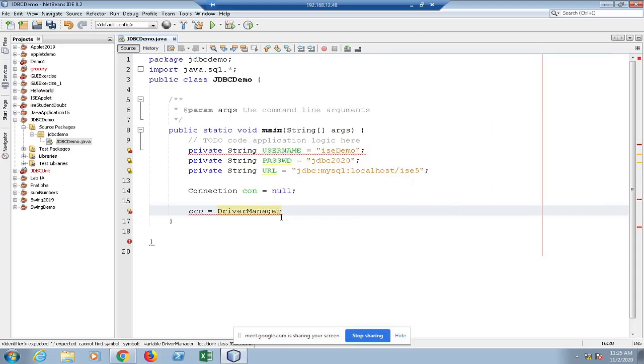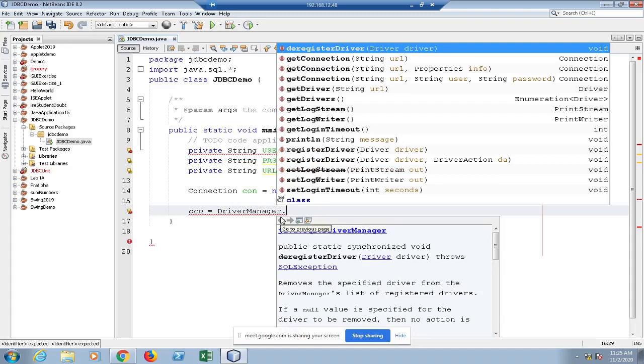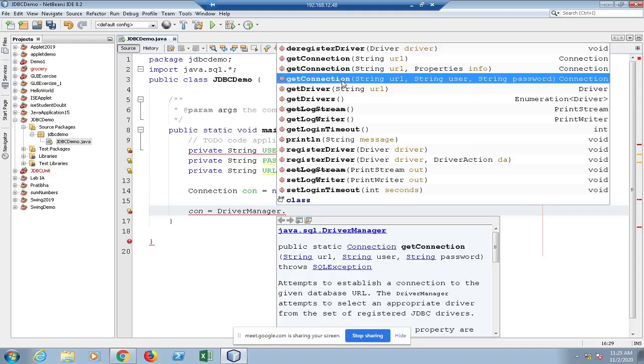So after driver manager, if you type a dot and wait for a second, you can get to know all the methods that are defined in a particular class or interface. So I wanted getConnection. Here it is with 3 arguments.